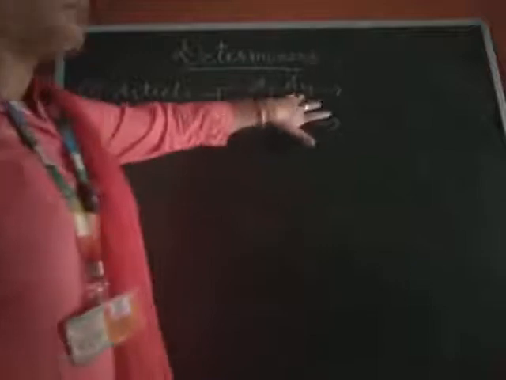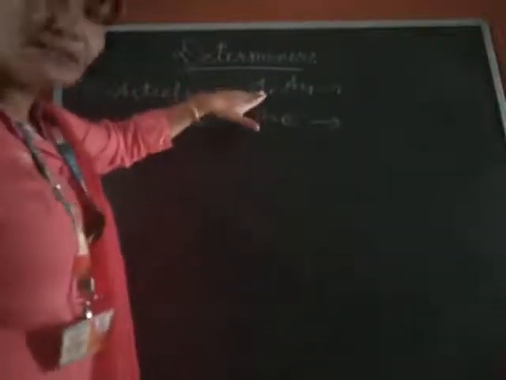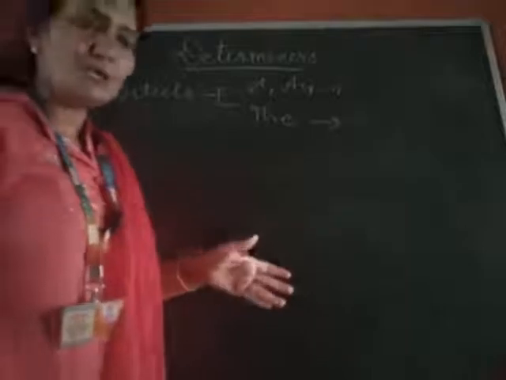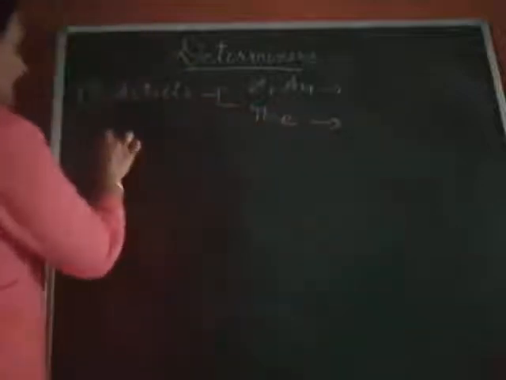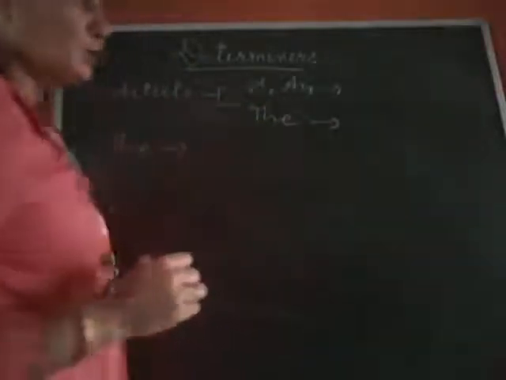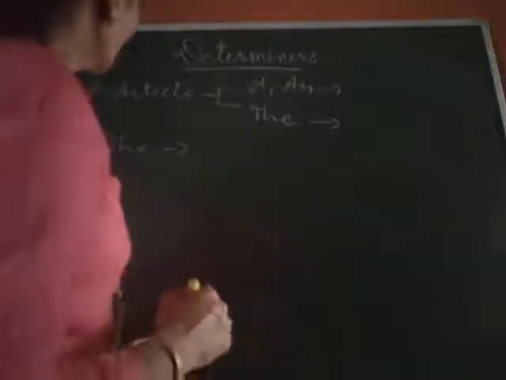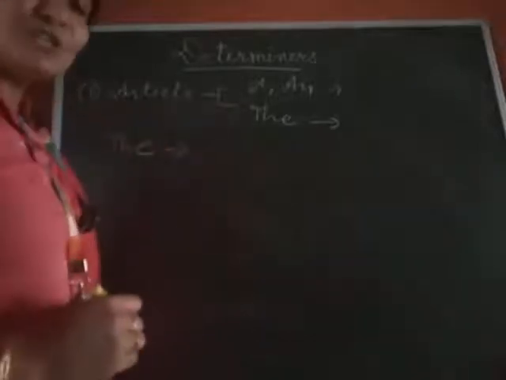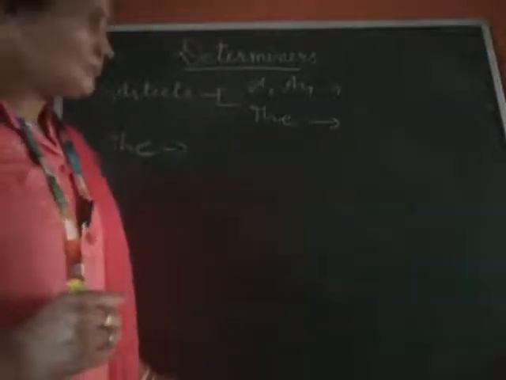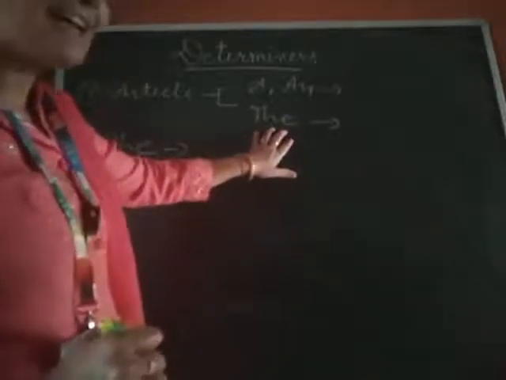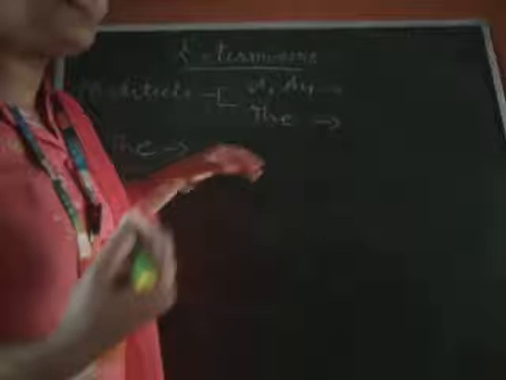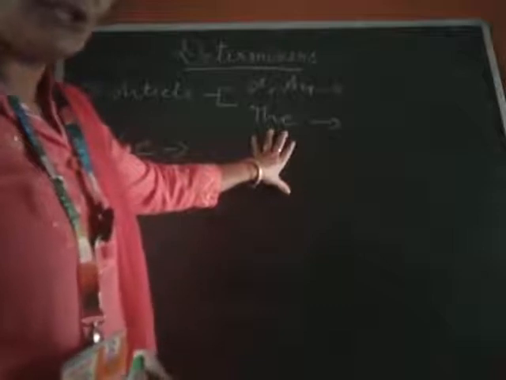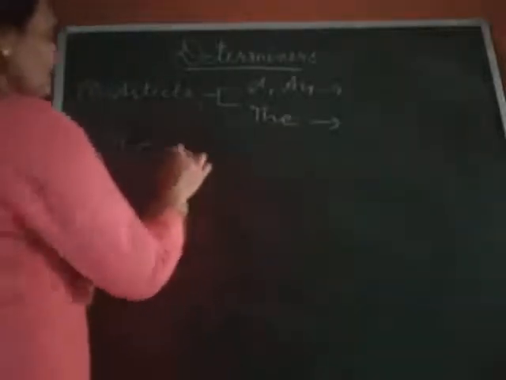So there are so many words which confuse us, but there is no need to be confused. We have to practice a lot, and by practicing we will learn this topic. As you know, there is a proverb also: practice makes a man perfect. So now we will also practice these words and this topic. So I think it is clear that before the vowel sound we have to use an, and before the consonant sound we have to use a. There is no doubt, it is clear to you.